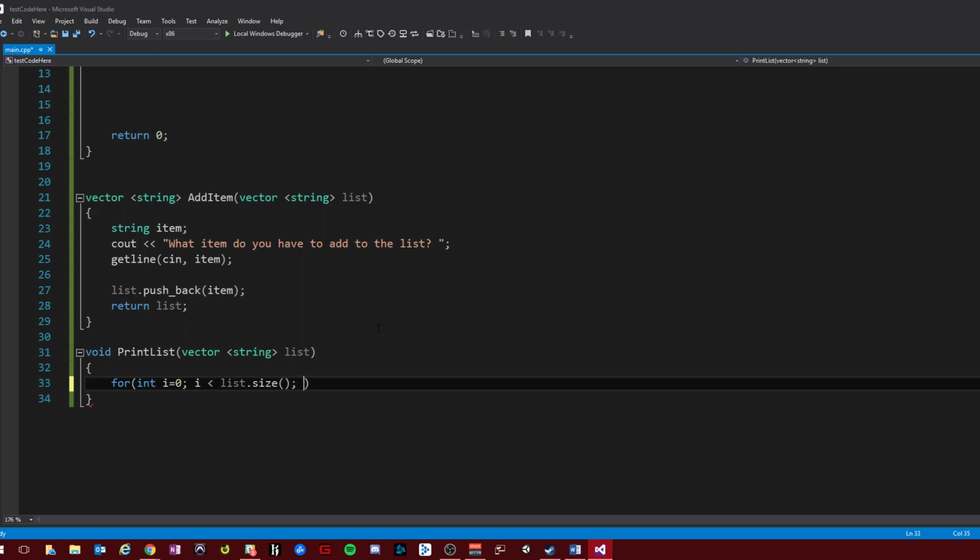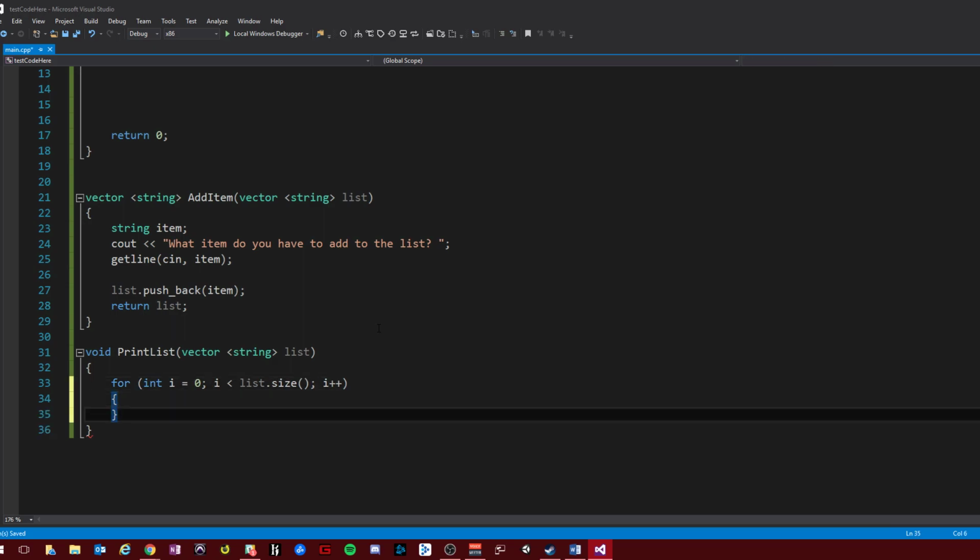That way we understand exactly how many elements are there in that vector, and we can just use that for loop control. Sure, why not? i++. All right, here we go. So for int i equals 0, i is less than size, i++,